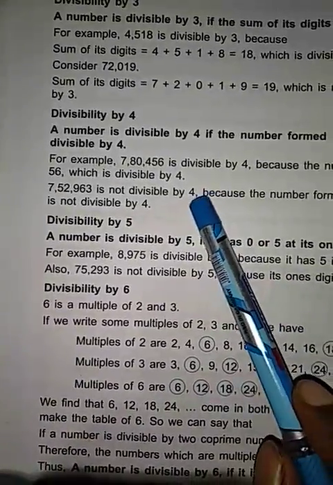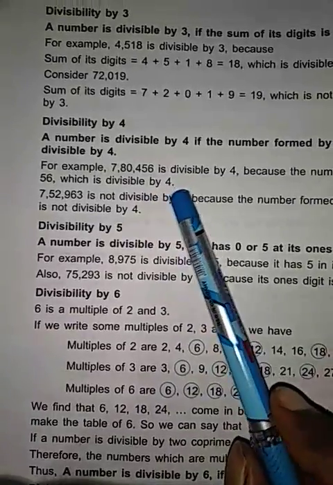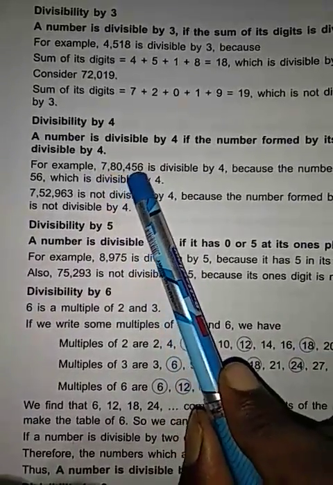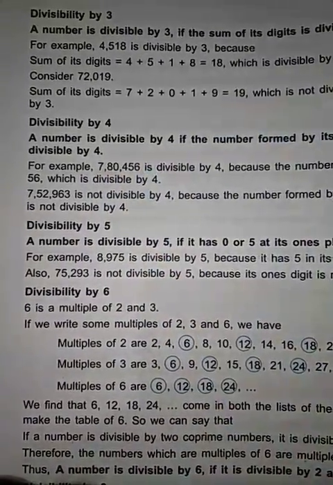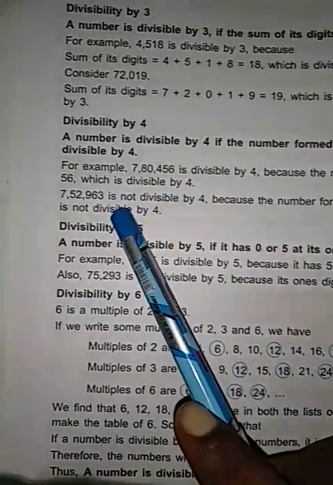Now on dividing, 56 is divisible by 4. So the number 7,80,456 is also divisible by 4. Another number